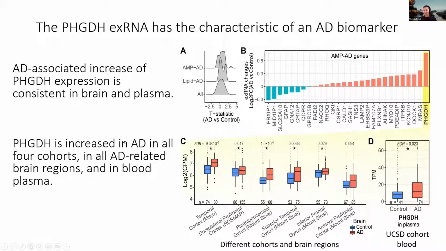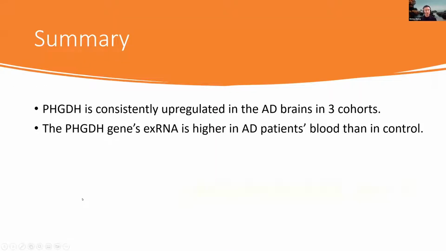That says that potentially PHGDH may be a biomarker. I wanted to quickly summarize here. PHGDH is consistently upregulated in AD brains in 3 cohorts, and PHGDH gene's extracellular RNA is higher in AD patients'